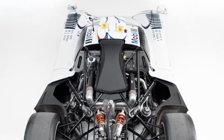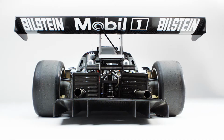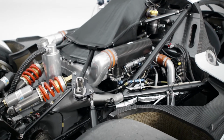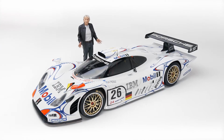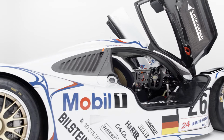The whole car would balance better in the corners, and of course, aerodynamically, it made the body flow a lot better because it was longer and more sleek. Look at that beautiful rear wing and that clean air. The car was a 3.2-litre, twin turbo, twin camshaft, 4 valves per cylinder. The whole of this car was actually made of carbon fiber. They manufactured 21 of these cars during the short period they were out, and of course they won the Le Mans in